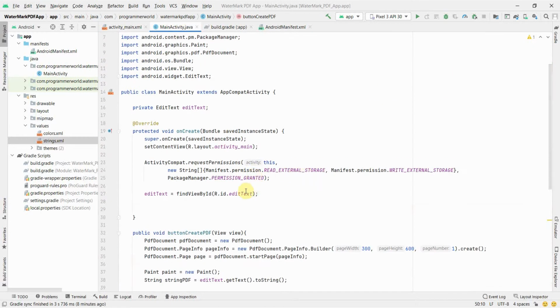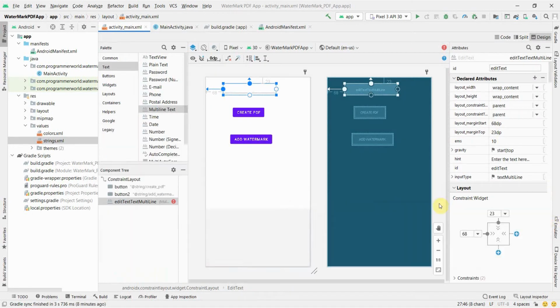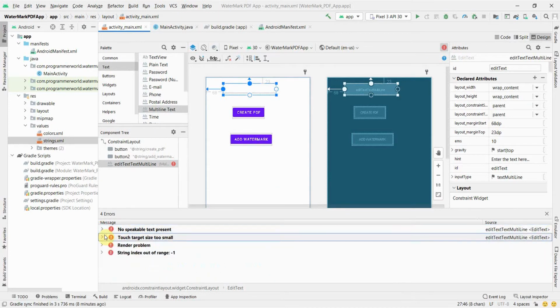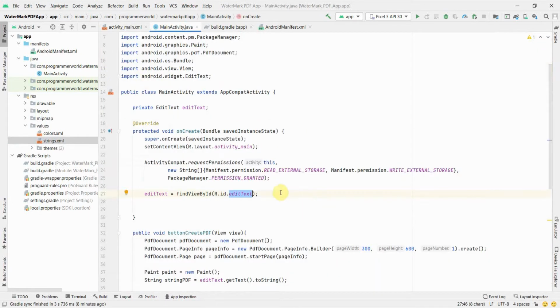Yeah, it took care of line number 27 as well. And if I close this, I'm not sure why these errors are still there. So I did ignore. It's just some rendering problem, so for the timing we'll ignore it and let's proceed.